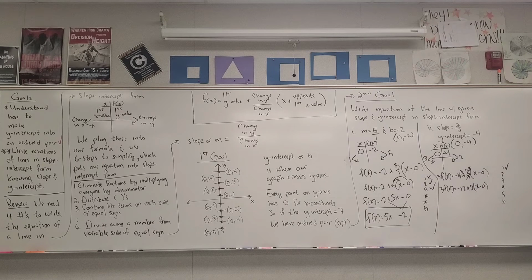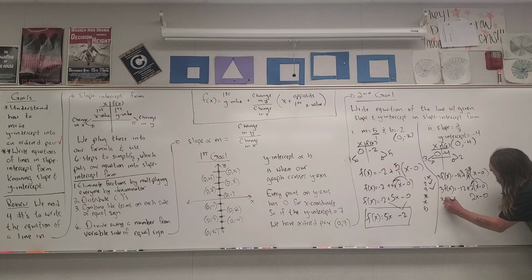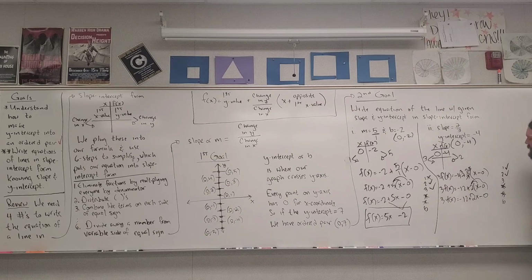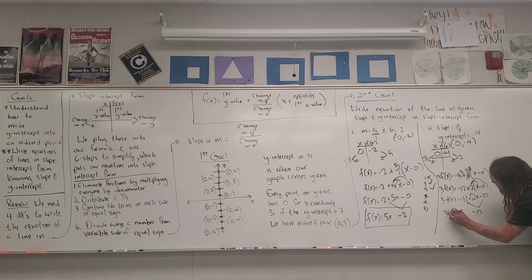Okay. Oh, we can't do step 4 and step 5. Can I distribute? Yes, I can. We have parentheses, so that means I can distribute 2 times x and 2 times -0. 2 times x is 2x, and 2 times -0 is 0. So now I have 3 f of x's, and that's equal to -12 plus 2x minus 0. Can I combine like terms on each side of the equal sign? Yes, I can. -12 minus 0, that's -12. So now I have 3 f of x is equal to 2x